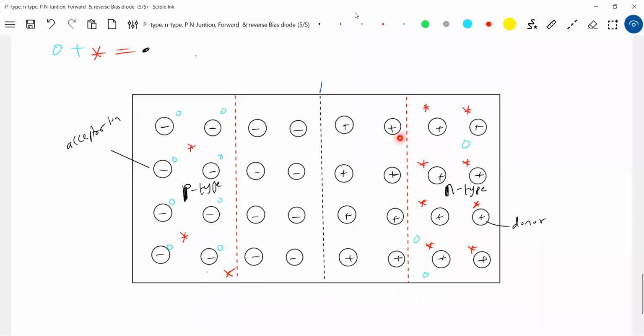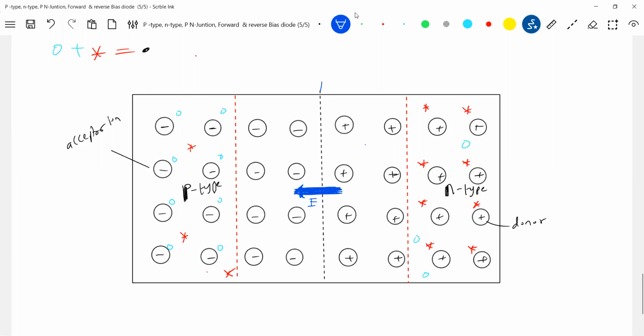Like this, the diffusion continues. Then at one instant, the diffusion stops. Why does the diffusion stop? You look at the electric field now. Go back to electrostatics: there's a positive charge there, negative charge there. The electric field will always be from the positive charge to the negative charge. So here we'll get an electric field. For better learning, show that E bar very clearly in your notebook. Those who are writing, this E bar should be visible. Okay, this is the electric field.